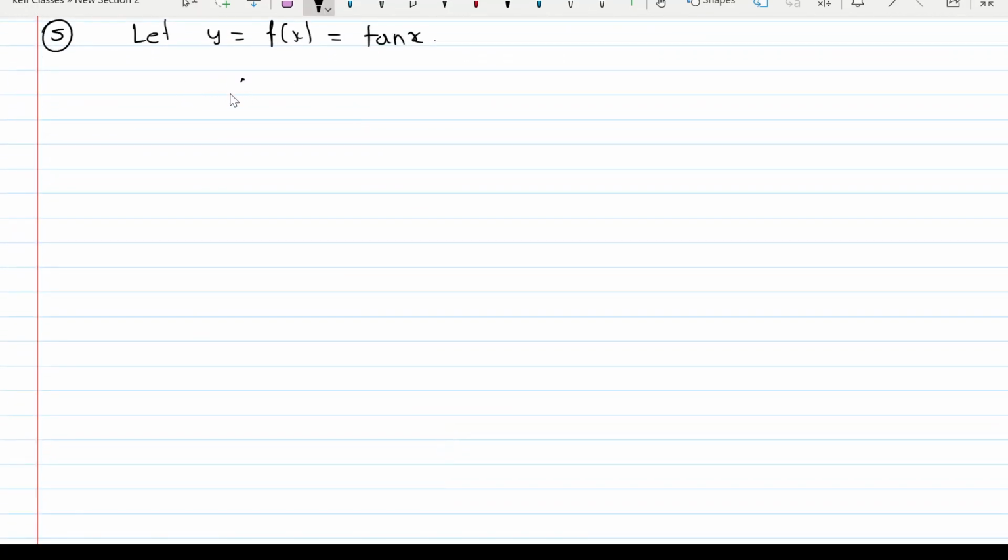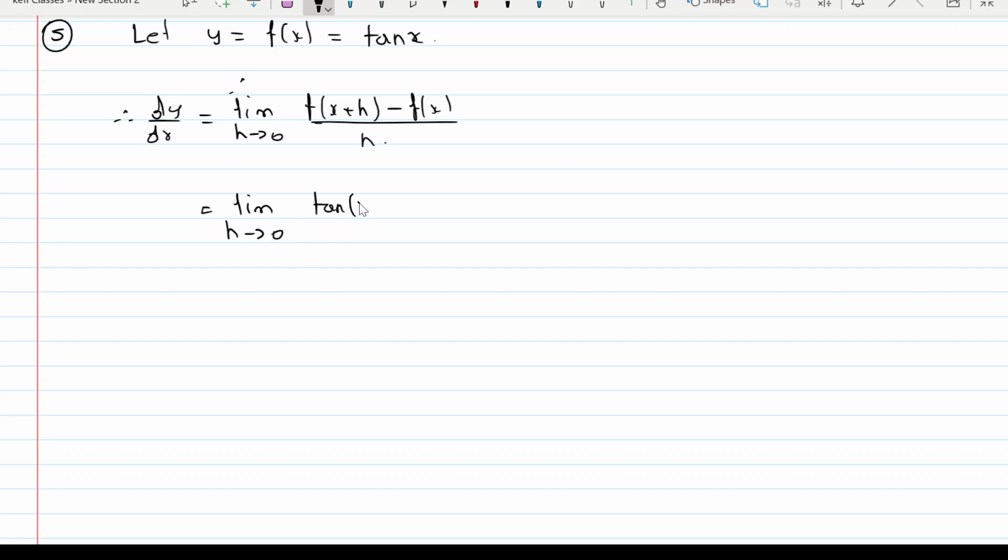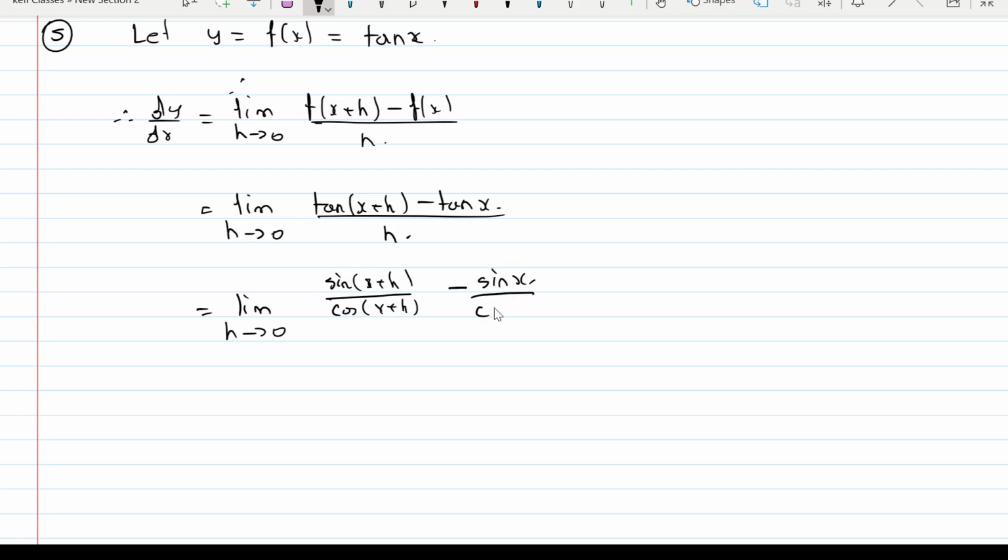Okay, so therefore dy by dx by first principles will be limit as h tends to 0 f of x plus h minus f of x upon h, which is equal to limit as h tends to 0 tan of x plus h minus tan x upon h, which is equal to limit as h tends to 0 sine of x plus h upon cos of x plus h minus sin x upon cos x upon h, which is equal to limit as h tends to 0,